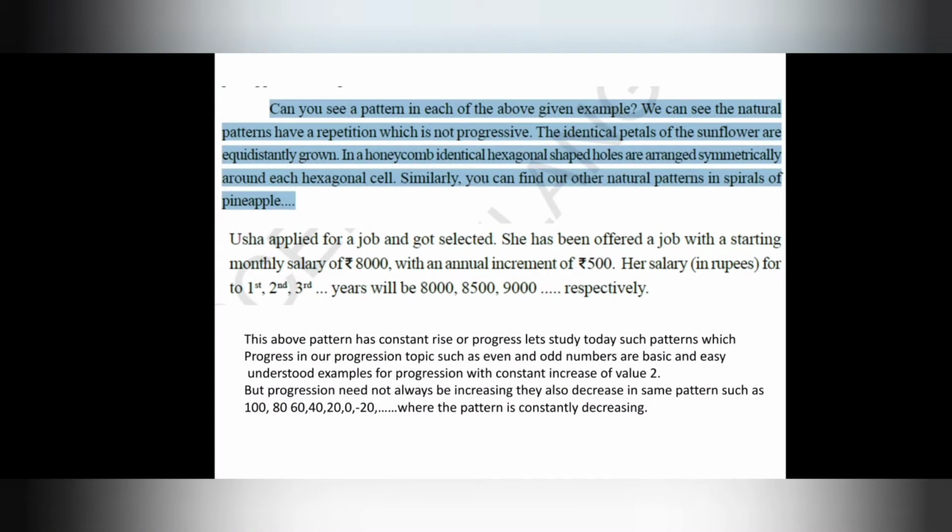The identical petals of the sunflower are equidistantly grown. In a honeycomb, identical hexagonal shaped holes are arranged symmetrically around each hexagonal cell. Similarly, you can find other natural patterns in the spirals of a pineapple too. There's one more example on the screen which also represents a constant increase in the salary of Usha.